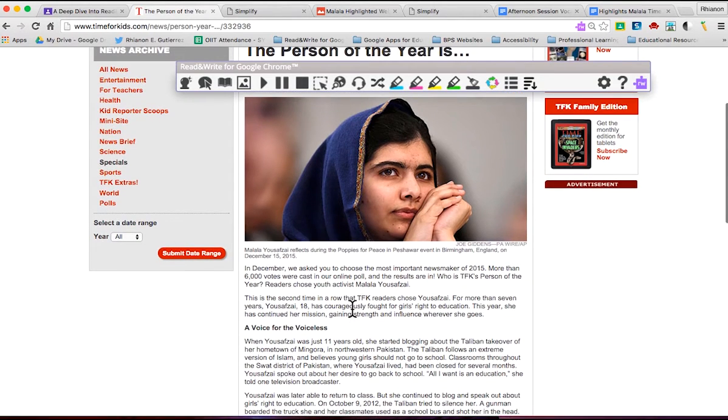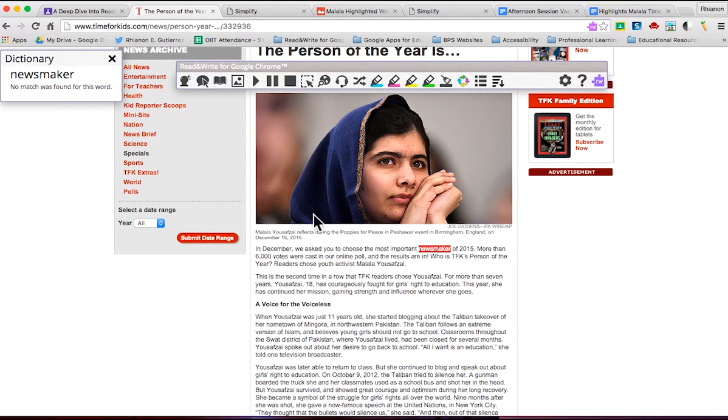Let's try the word newsmaker. Now you just use your cursor to highlight that word newsmaker and then click on the icon that's third from the left. It's an open book. Okay, it's a dictionary icon. Let's see what it gives us.